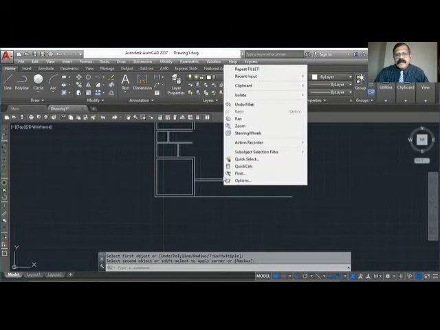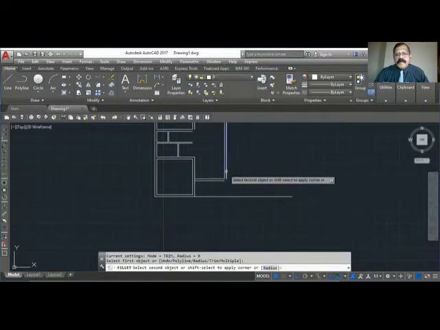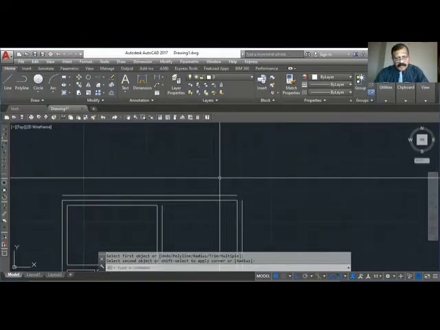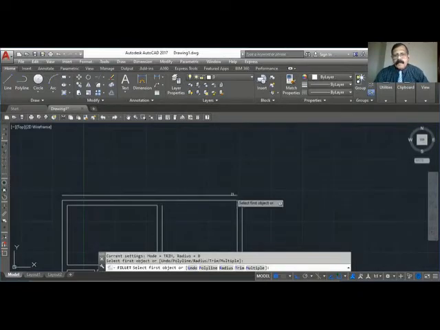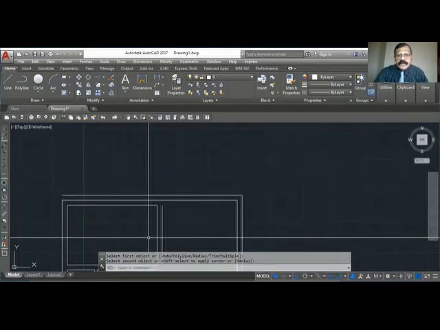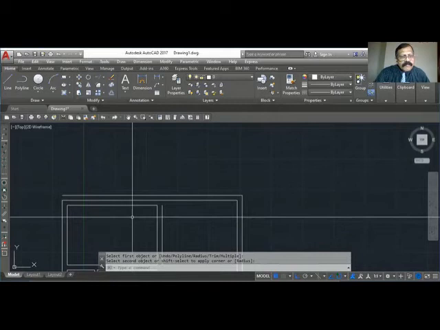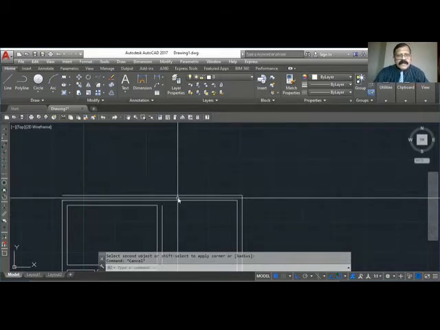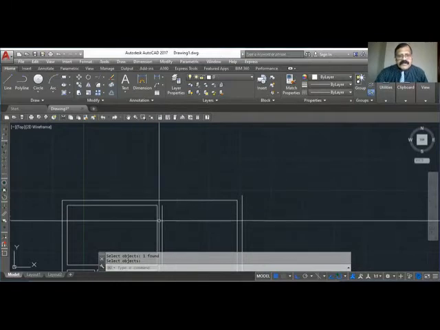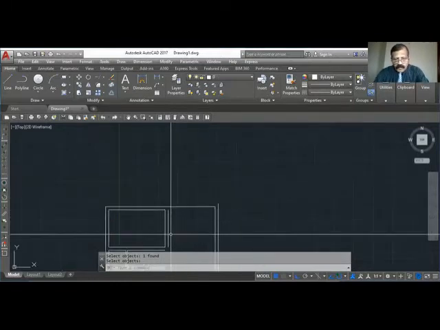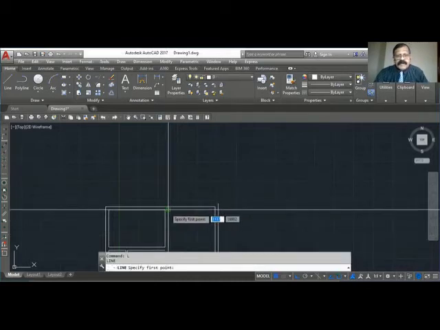Fillet. Fillet. There's some problem here. This is wrong. So this is the line. So we require the line from here, this one.